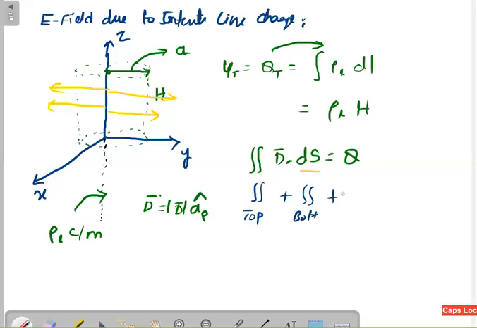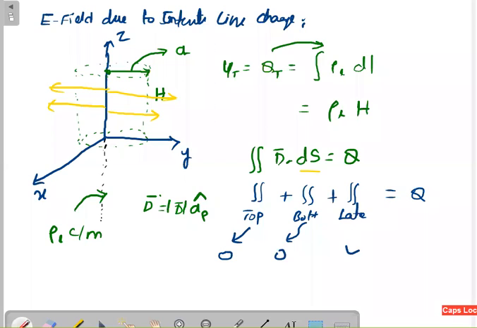Then the double integral over the lateral surface is equal to Q. And from your experience, there will not be any flux going to the top, so that is zero. The flux is going radially outwards. If you measure the flux going through the top portion, there is nothing. Flux will always go radially outwards. Again, through the bottom surface there will also be no flux. If you compute this integral, definitely that will be zero.